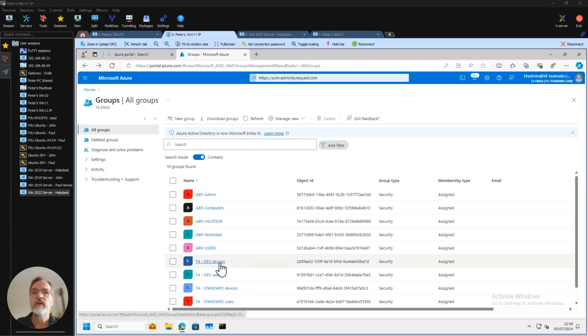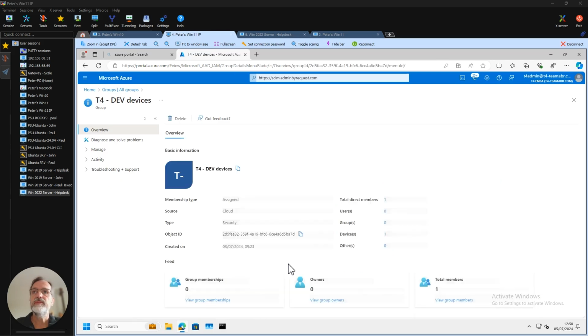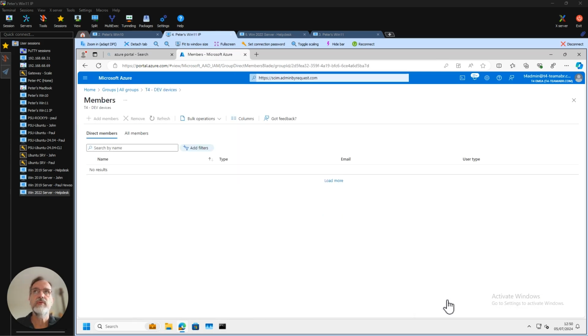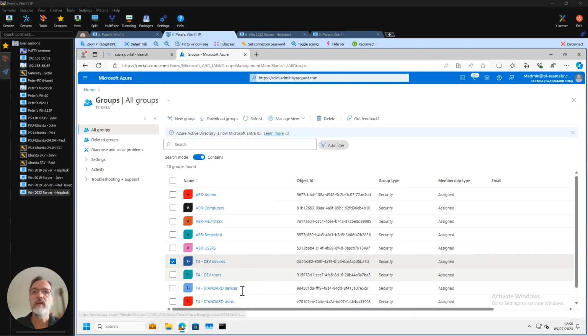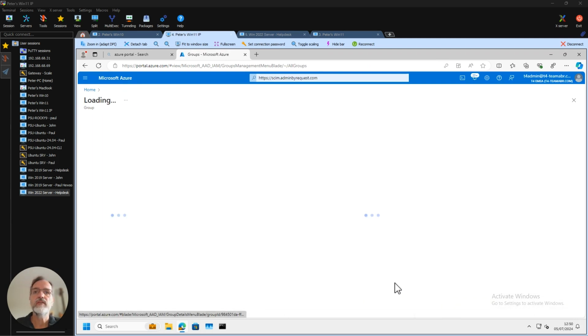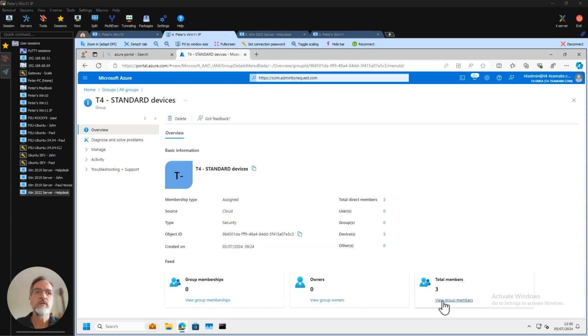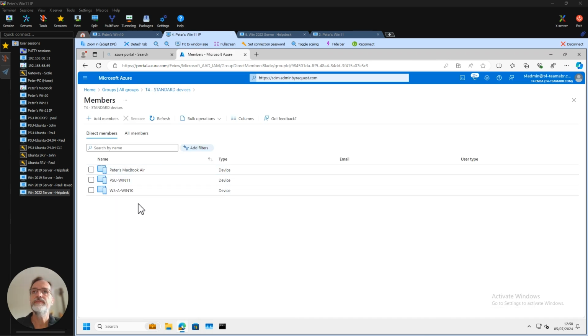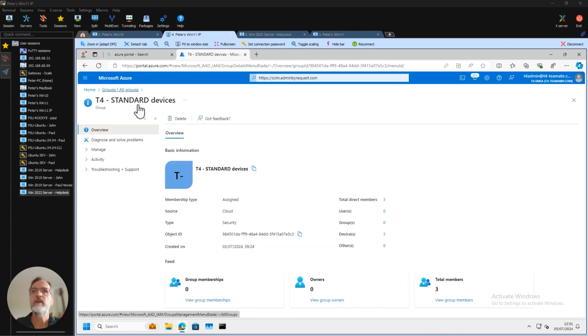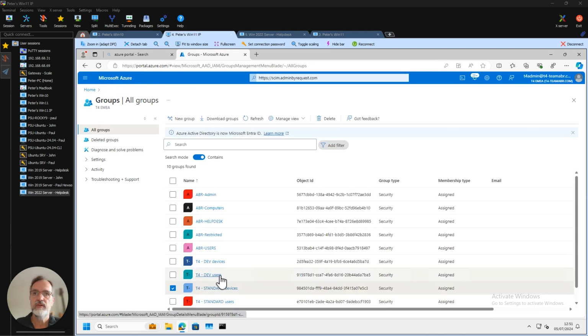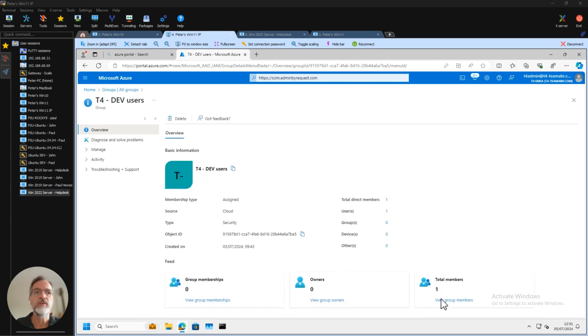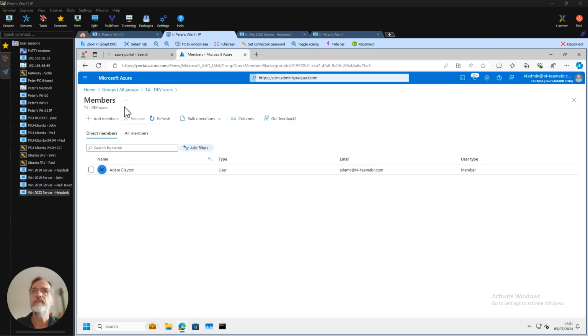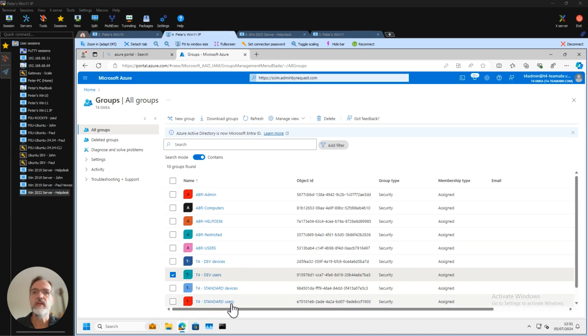I've got some device groups. There's the dev group containing only one machine, and there's the standard device groups which contains 3 machines. And also I've got 2 user groups. One is the dev users containing only one user called Adam, and the standard users